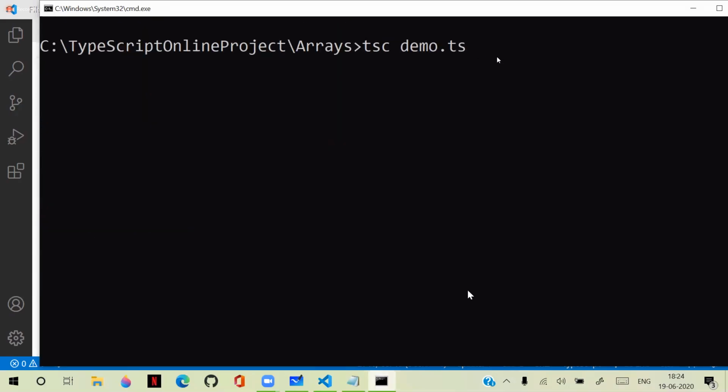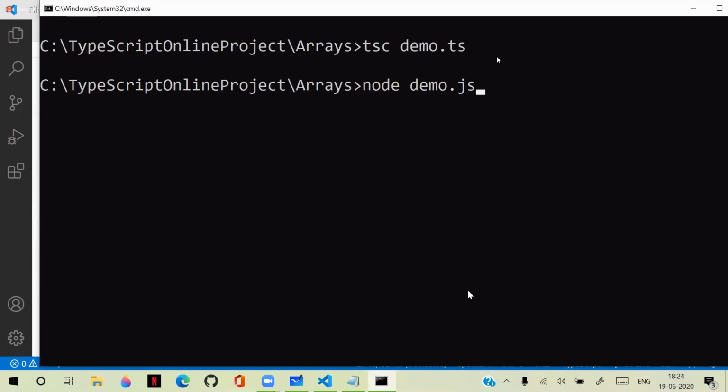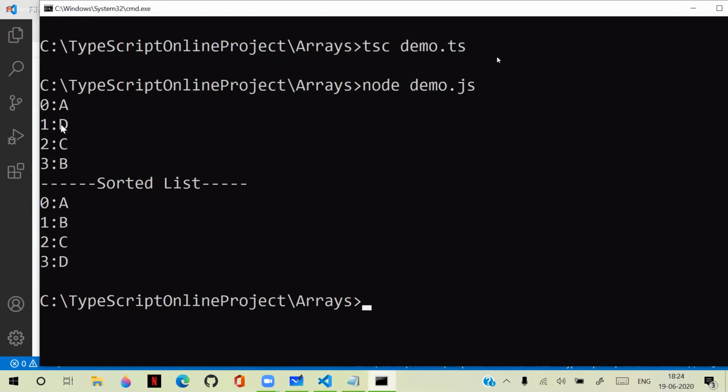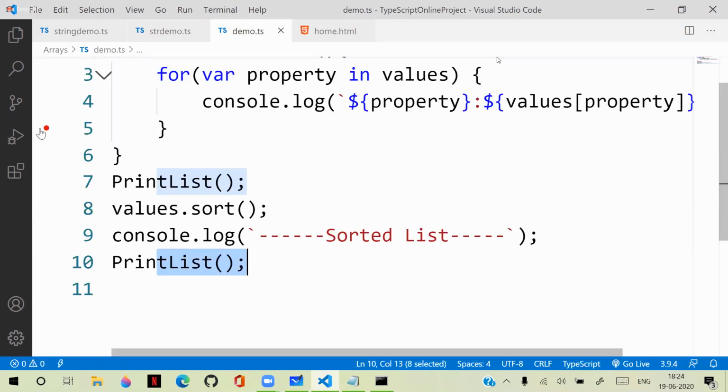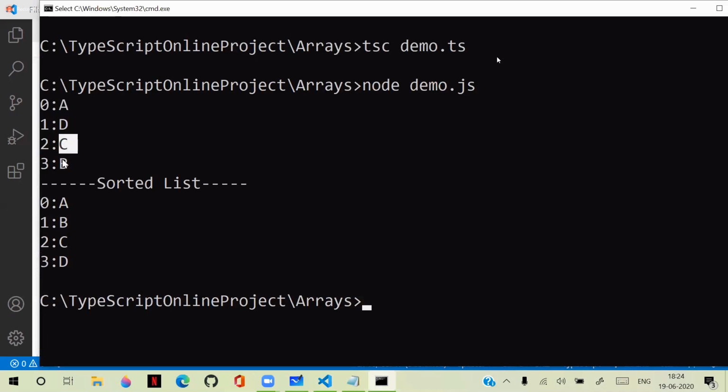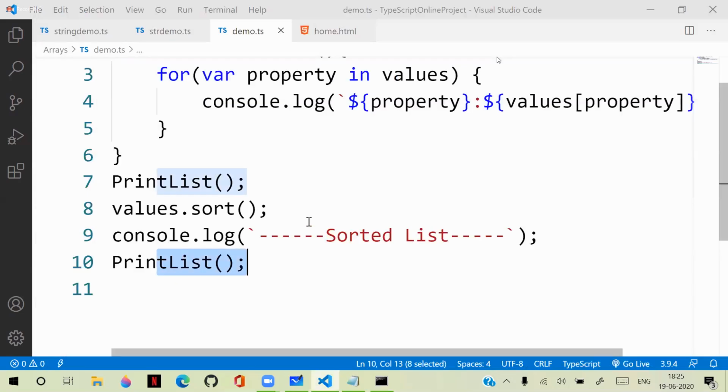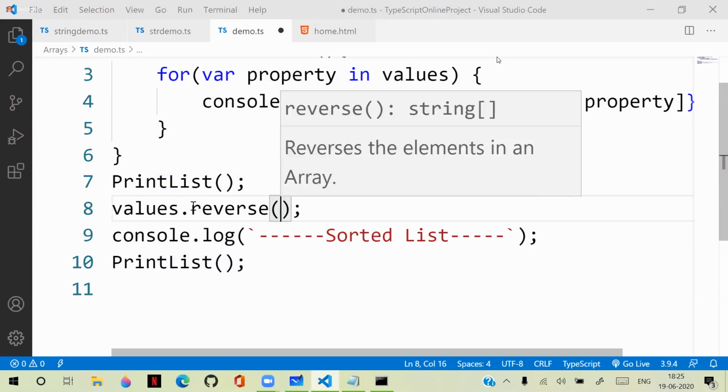Initially the list comprises A, D, C, B, like this. And now it is arranged A, B, C, D. The values are arranged in order in the memory. They shift the memory location and keep them in order, A, B, C, D. That is the order. And very important, if I use reverse instead of sort,